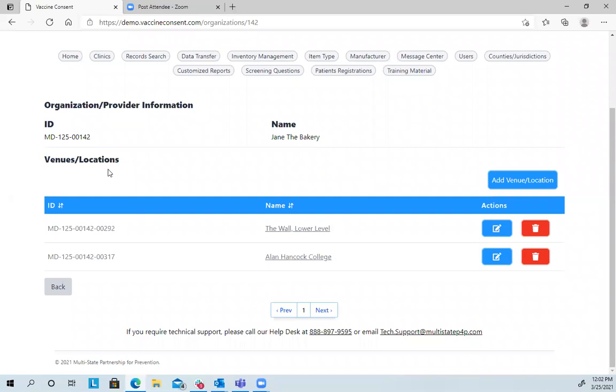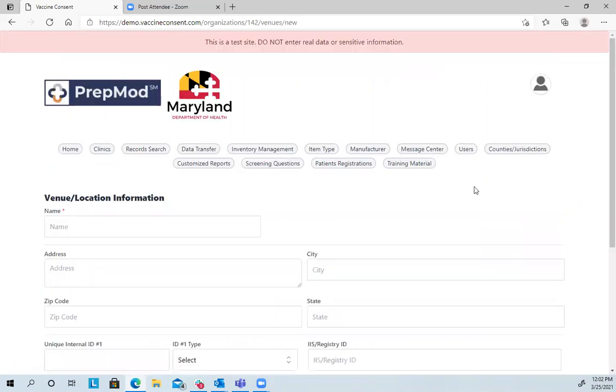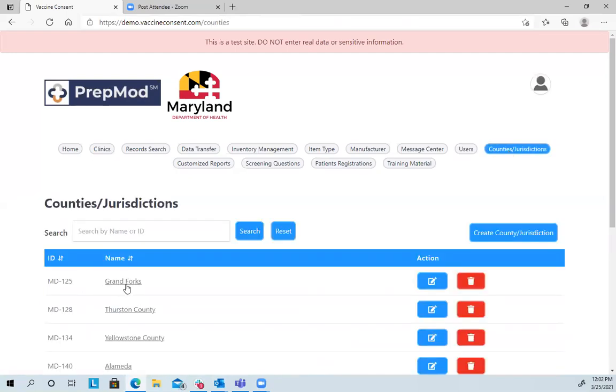If you are a venue admin, you will be assigned different venues. If you're a staff person, you're assigned through your user access to work at different clinic locations or venues. If you're one of our admin users, you can add new provider employers or a local admin. You can add new clinic sites right from this button and add in the basic information. But as you see, the system nests everything under the counties down to organizations, and under the organizations, each of those clinic locations. Where this comes into play is under our users.